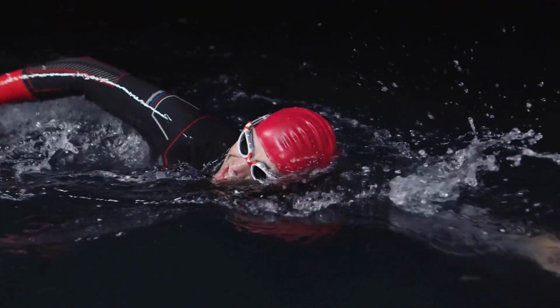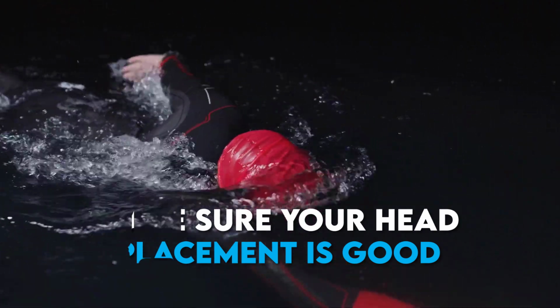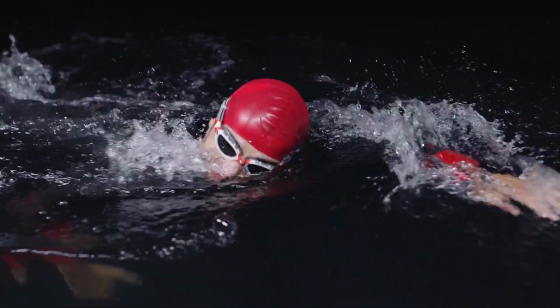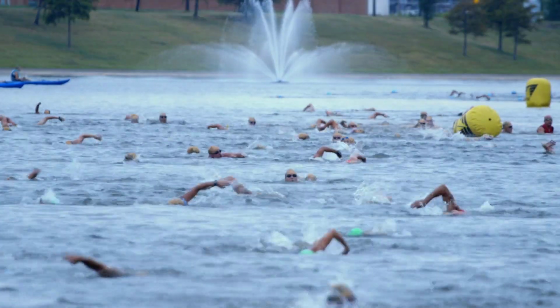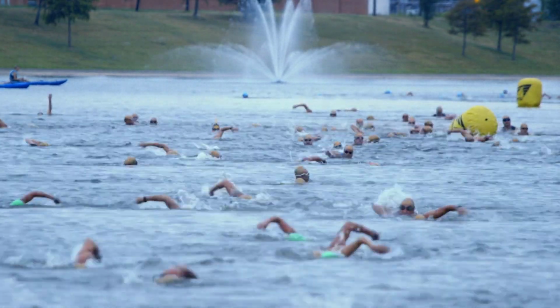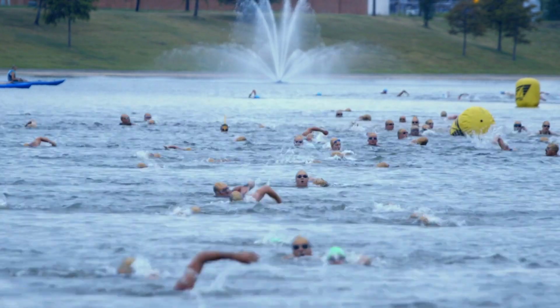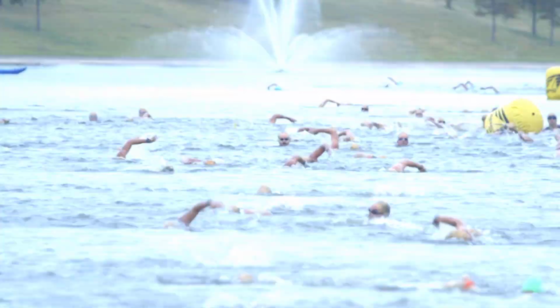Make sure your head placement is good. Your head placement is crucial for an efficient swim. This has to do with your head being at the front of your body, so having your head at the correct position makes you more dynamic and allows you to glide through the water more efficiently. Make sure your head and neck are in a neutral position during the swim. You should be looking down and forward. Your head has to be in line with the rest of your body. Try not to raise or lower your head during the swim, since this will only cause drag and slow your